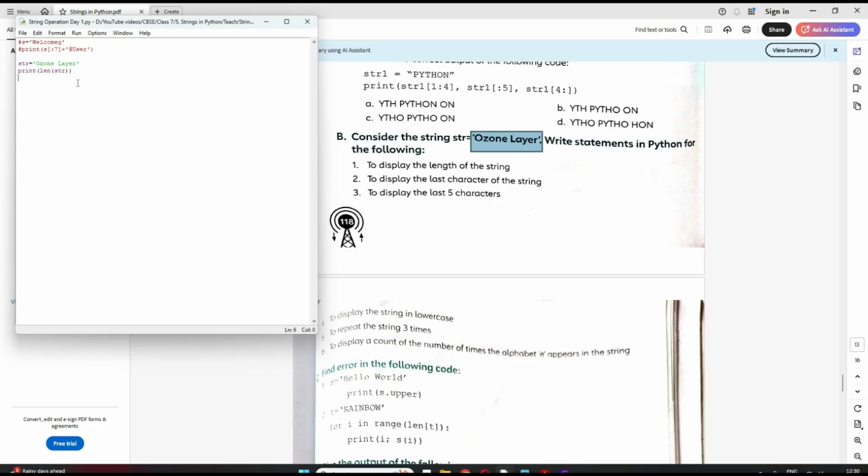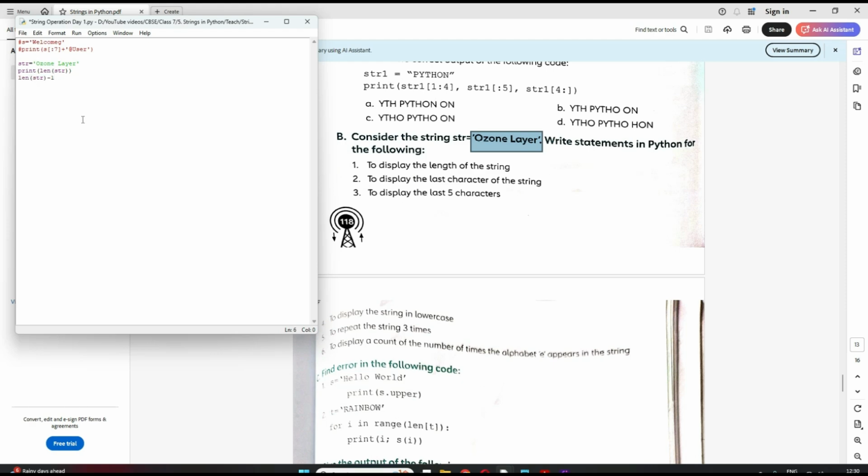So it will be str 10, right? Correct? Ideally it should be this, but we shouldn't write a value, right? We should try to find out the last character. So what will be the last character? It will be the complete length minus 1. What will be the index of the last character? The length of the string minus 1. So can I write here print? So what will be the index of my last character? It will be length of the string minus 1. Sorry, minus 1. This will be the index of the last character. Is it clear or not, right?